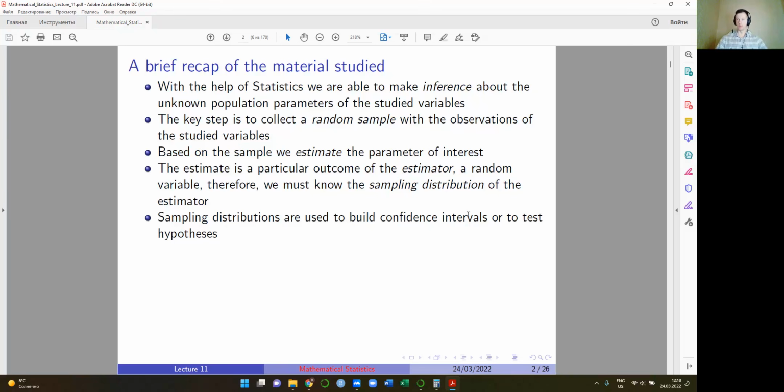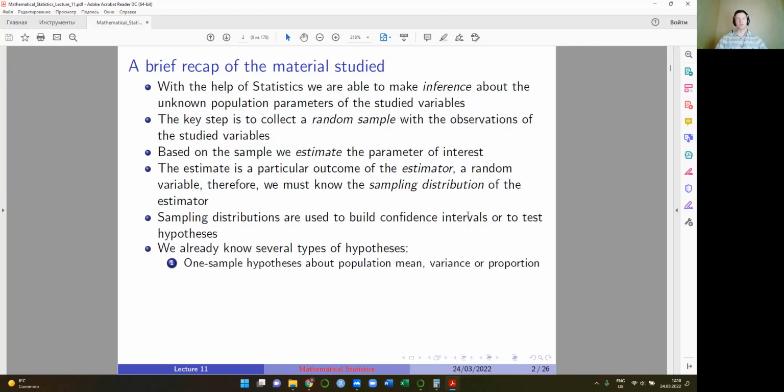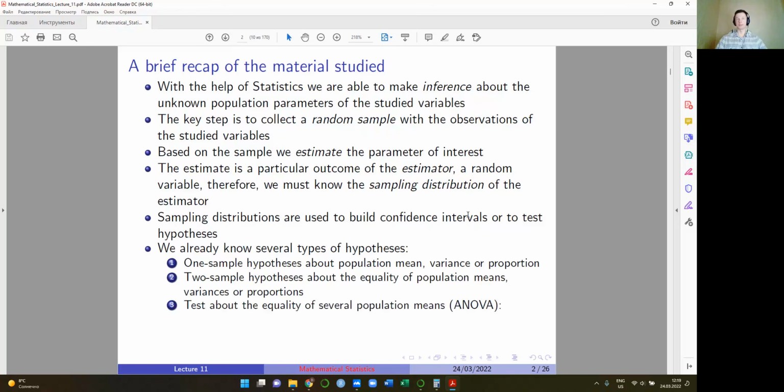So that's what we are doing already during last 4 weeks, probably, or maybe 5. So we already know several types of hypotheses. One sample hypothesis about population mean, variance, or proportion. We know two sample hypotheses about equality of population means or variances of proportions. And last two lectures we discussed the test about the equality of several population means, either one-way ANOVA or two-way